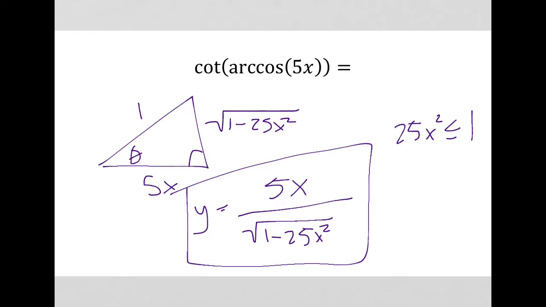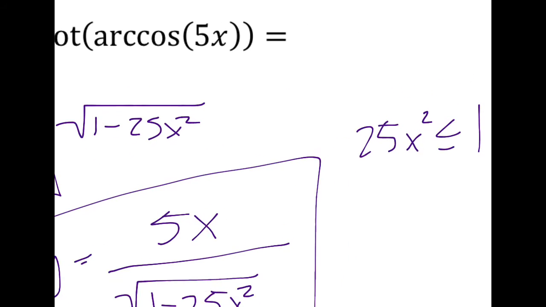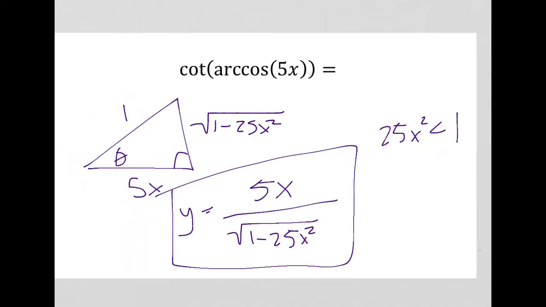But actually, we can take it further. It cannot equal 1, because then we'll get the square root of 0, which would put a 0 in the denominator. So we get this mess, and then we can say that x squared is less than 1 over 25th,